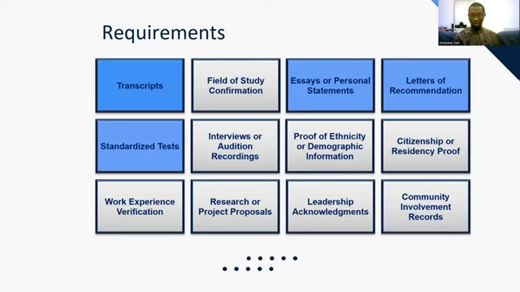You can have that record and use it to apply to show that you have some community involvement or some community service as a record. It helps a lot. Okay. So these are basically some of the requirements you will come across. Some of them are important. All of them are important, to be honest, but some of them are more important than others. Okay. Some of them are required when you are applying for any scholarship.